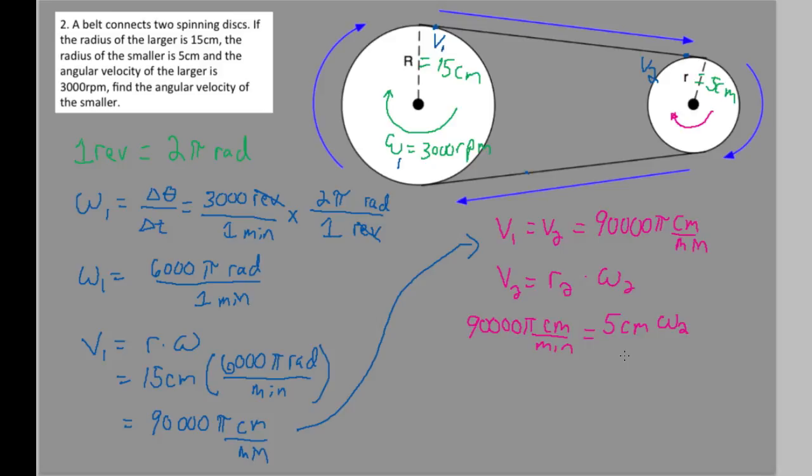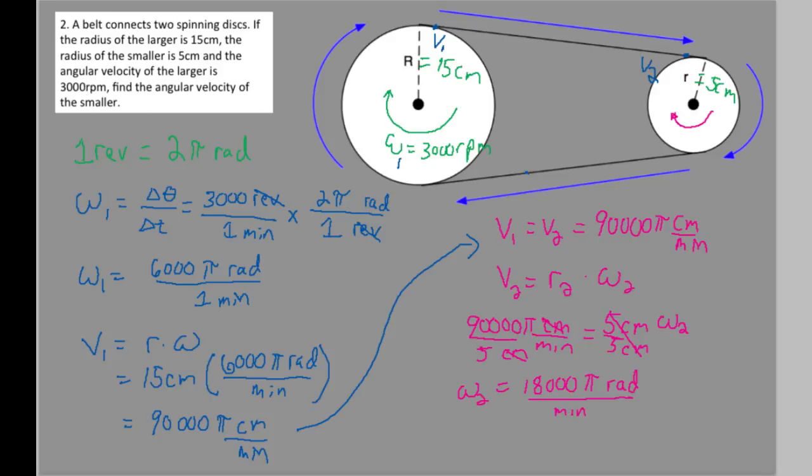When I divide both sides by 5, that cancels, and I wind up with an angular velocity of 90,000 pi divided by 5, which is 18,000 pi. There are no units left in the top, so I'm going to use my placeholder again, radians per minute. And while that's the angular velocity measured in radians per minute, most of the world uses the RPM,